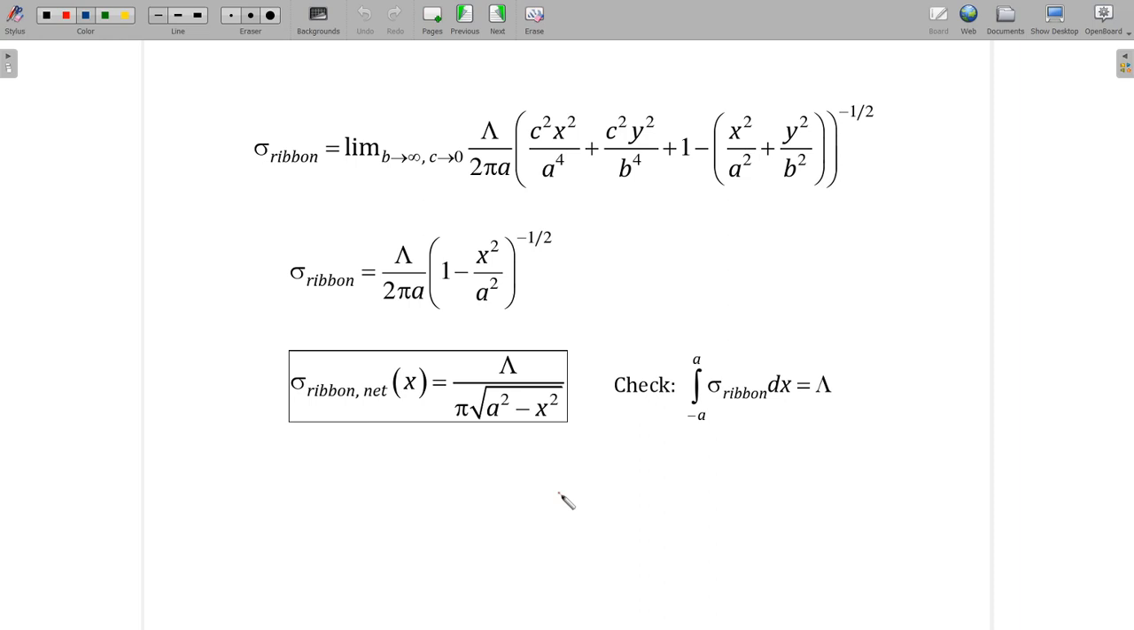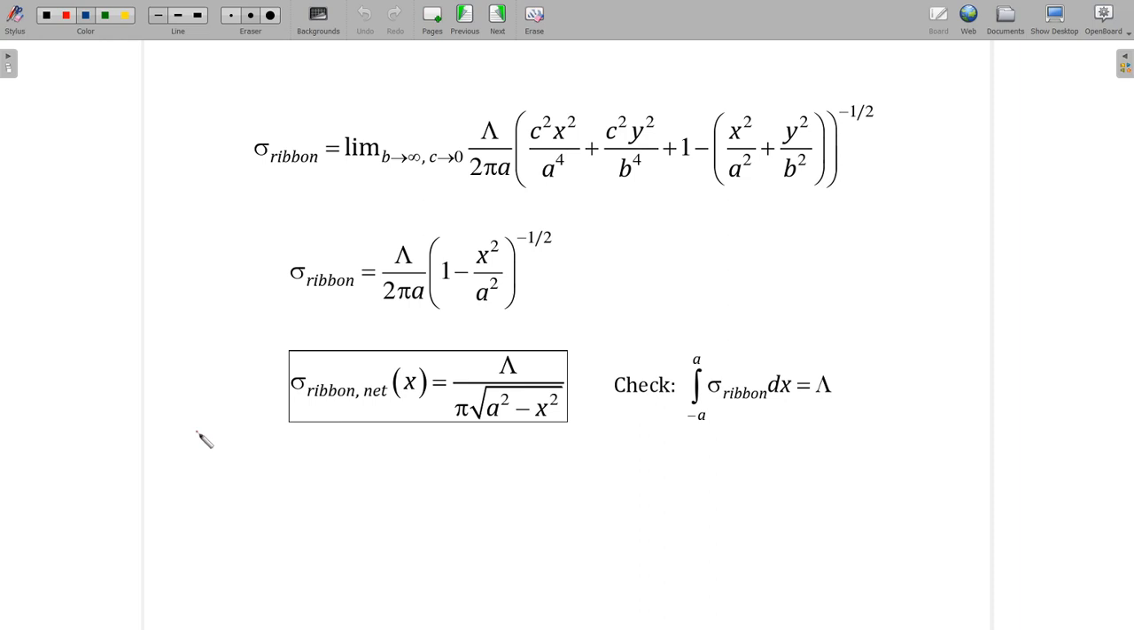Both these surfaces have their own surface charge density. So this formula over here in the second line on this page describes the surface charge density on only one side of this ribbon. So if I want the total charge density at a particular coordinate x, what is the meaning of this formula in the box? If I go a distance x from the origin, I get